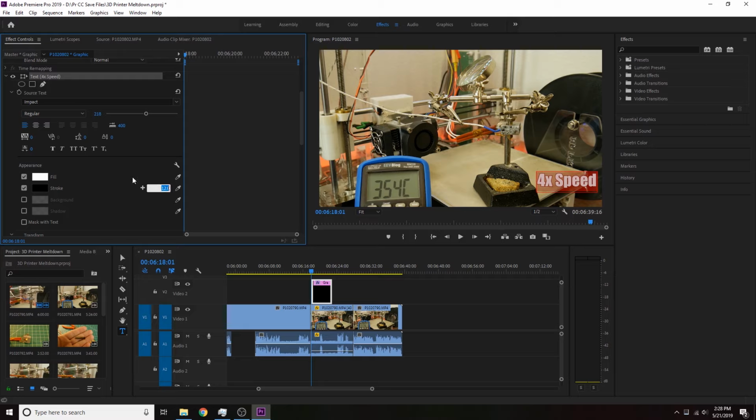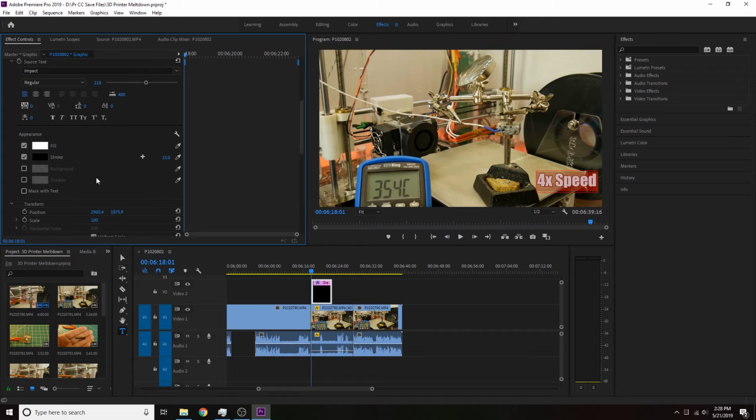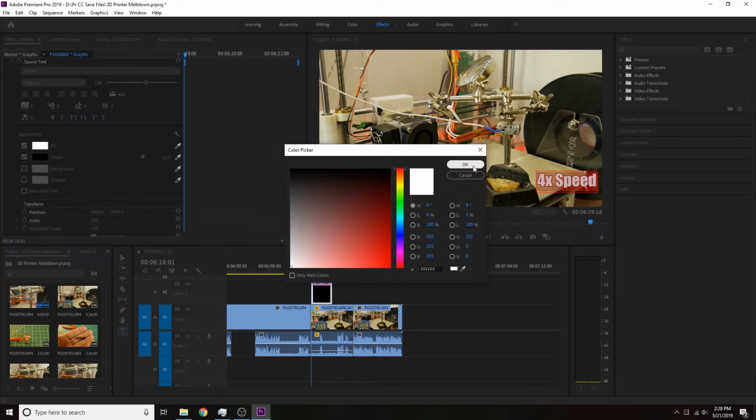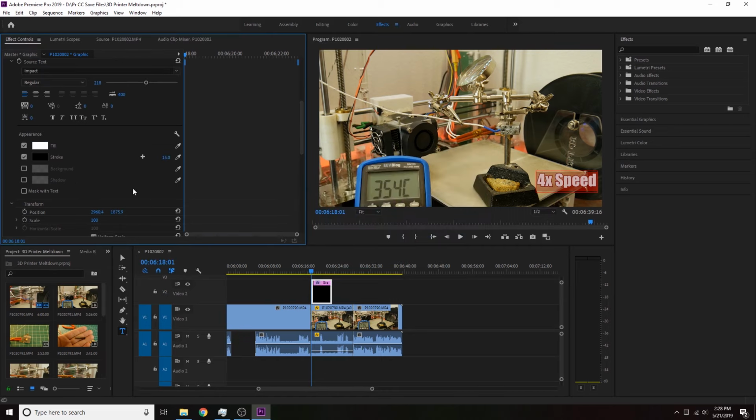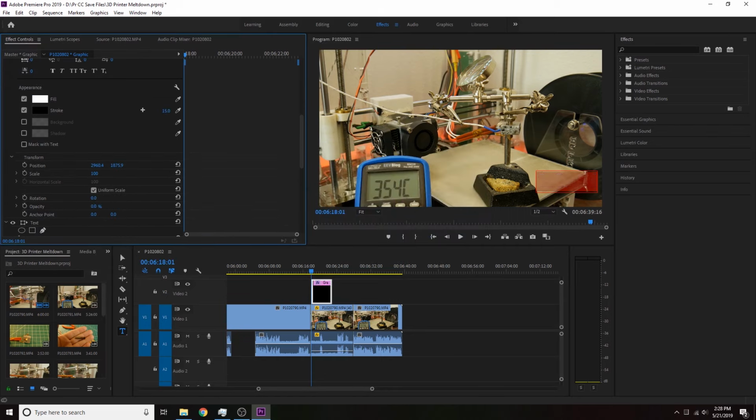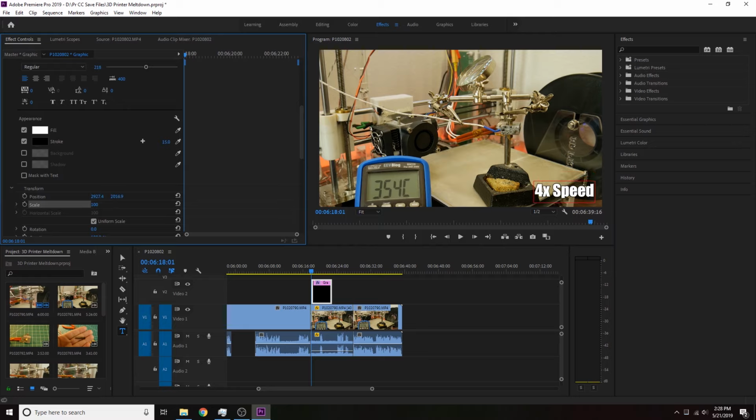You can also click on it once and type in a number if you wish. Doesn't really matter how you do it. And you have your sort of standard controls. You can center the text, or you can left or right justify the text, which doesn't really make any difference for me because it's only one line. And you can do some other things. You can change the fill color, change the stroke color, which I already did. And you can change things like the opacity of the text and the position and whatnot, which we're not going to worry about too much, but we're going to put that right there, and we are going to leave